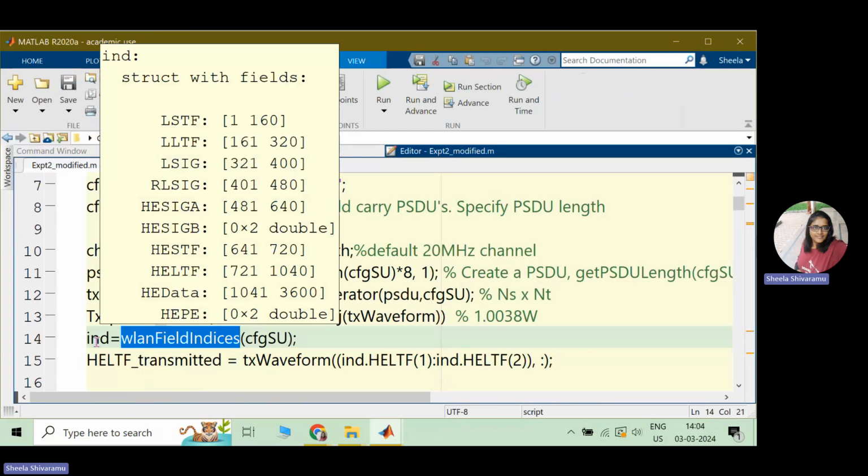For the different fields of the packet. So first, samples 1 to 160 correspond to LSTF, then samples 161 to 320 correspond to LLTF. Like this, you can obtain the different index points for the different fields of the packet. So LSTF, LLTF, and LSIG, that is the legacy short training field, the legacy long training field, and the legacy